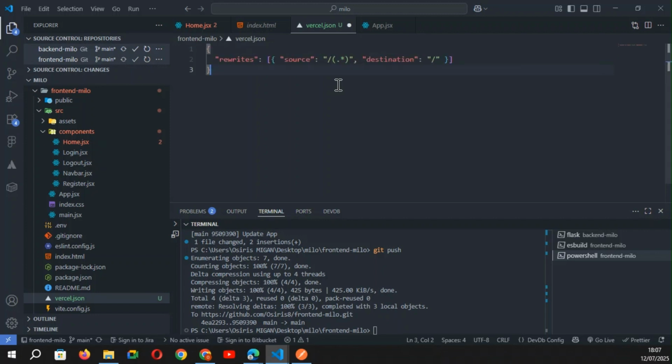Okay, so rewrite, source, and the destination will be this thing. And when I save, I try now to push this modification on GitHub,